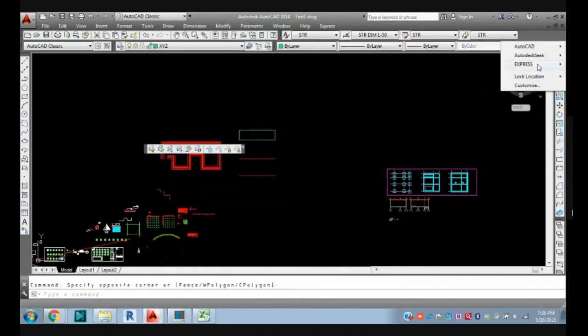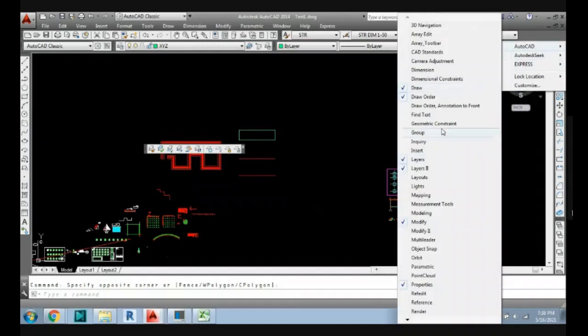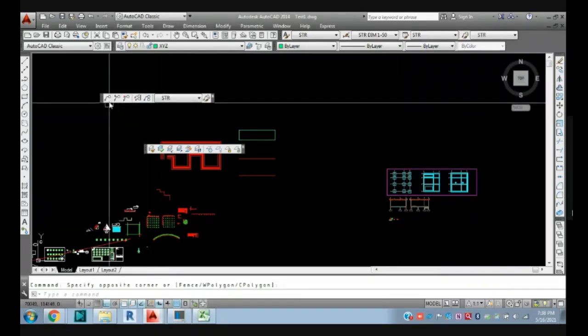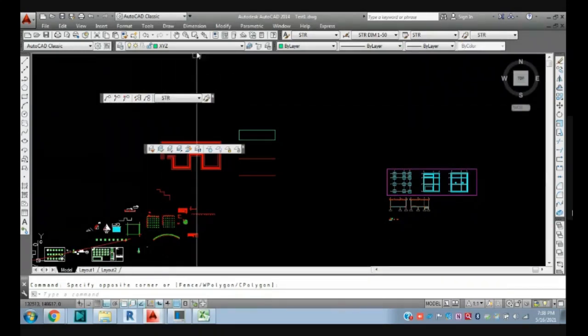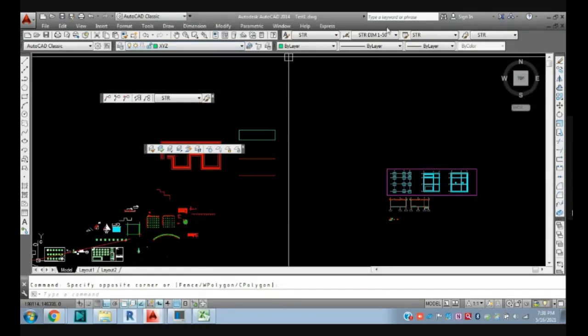If you go again to AutoCAD, then multileader. If you want to give some leader command, yesterday we saw that in Dimension we added the multileader.